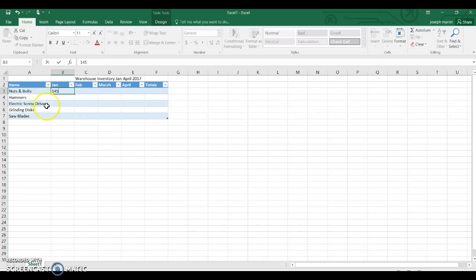All right, so now we're going to put in just our number data for all our items. So let's say in January we had 145 nuts and bolts laying around the warehouse here. You can just make up some numbers that are relatively reasonable. Okay, February we got 123, 10, 42, 12,